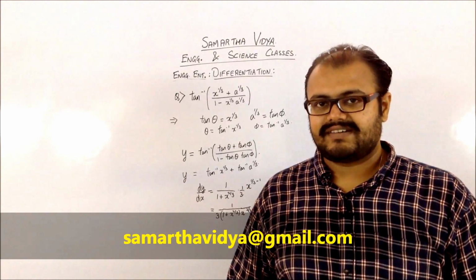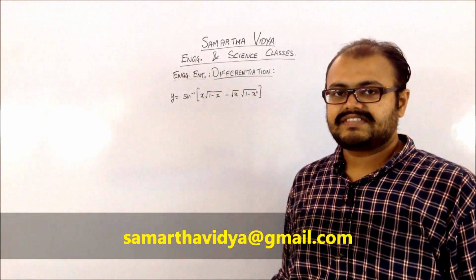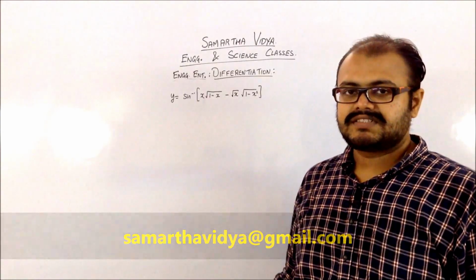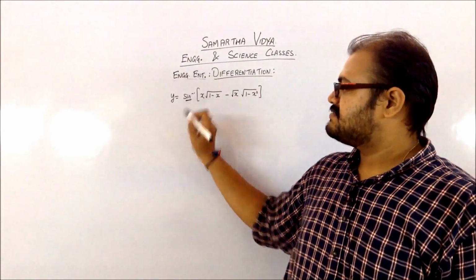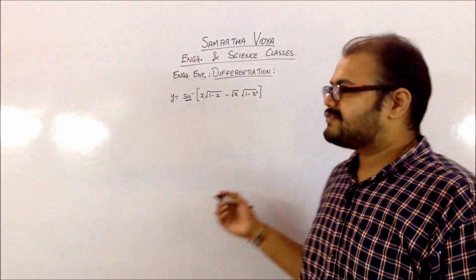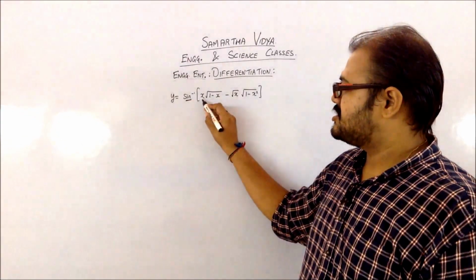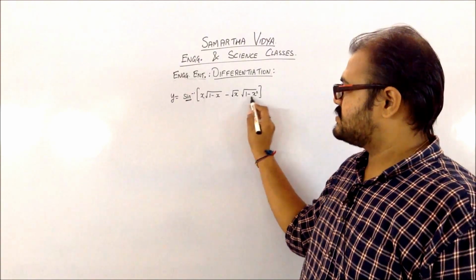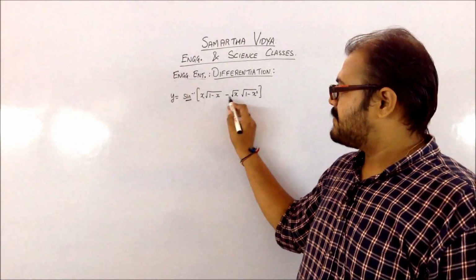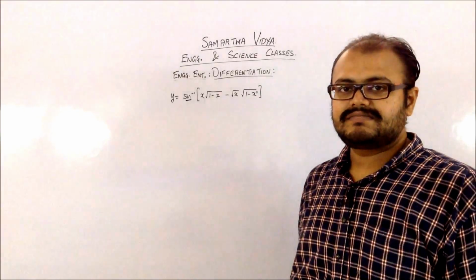So let's have a look at one more problem. This is a question which is given to me. You have y equals sine inverse of this term. Since you have a sine inverse term, you require a sine term within it. Now if you make a quiet observation, you can see that it's multiplication of two terms every time. So it's multiplication of this minus multiplication of some other term.